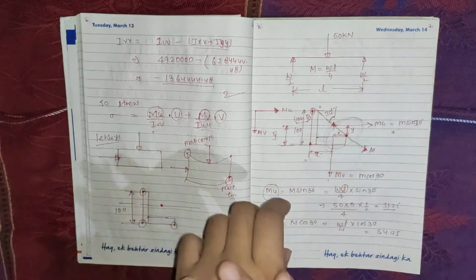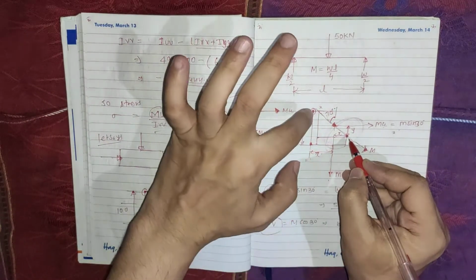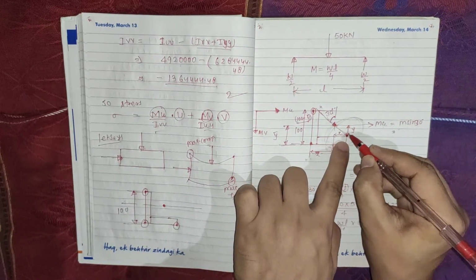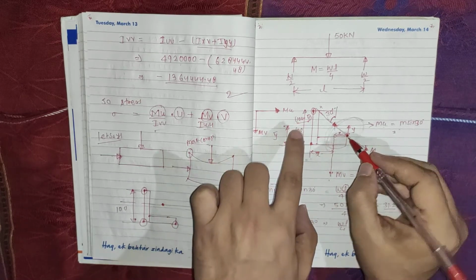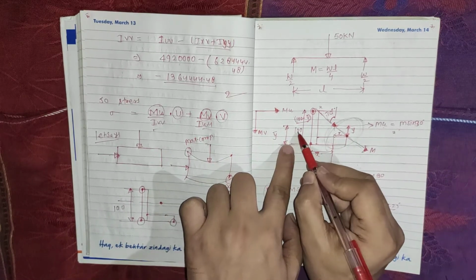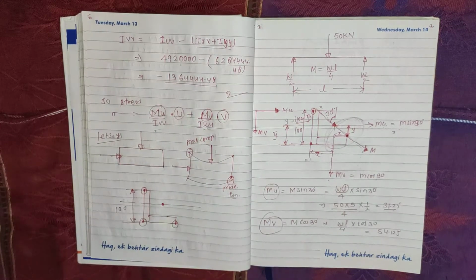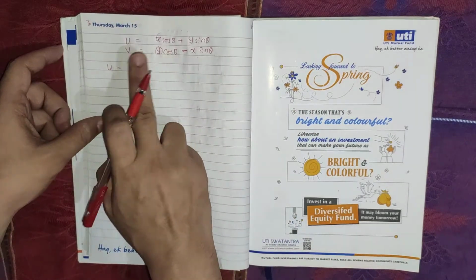I have pointed out here that this is the stress point, this is also the stress point. So I have marked here, this value is y and this value is x. Then what is the value of y? This is y bar and this is 100. The value of y is 100 minus y bar. Is it clear? So u is this and v is this.